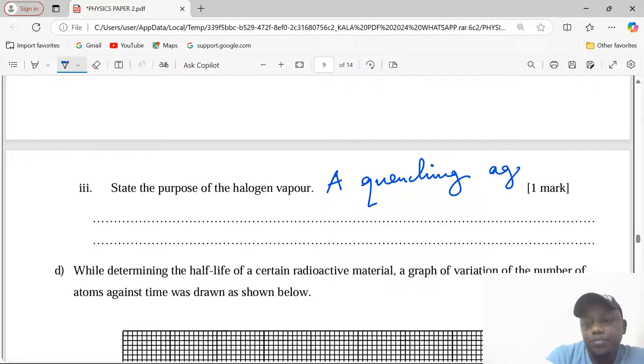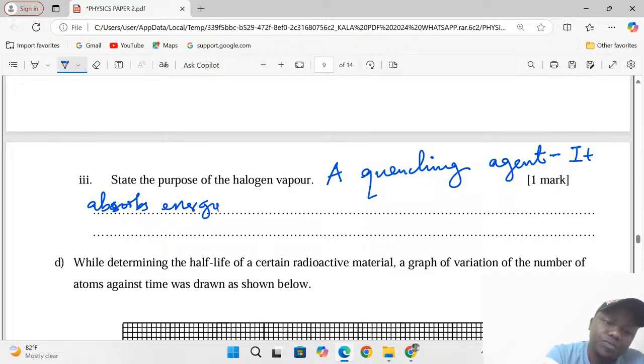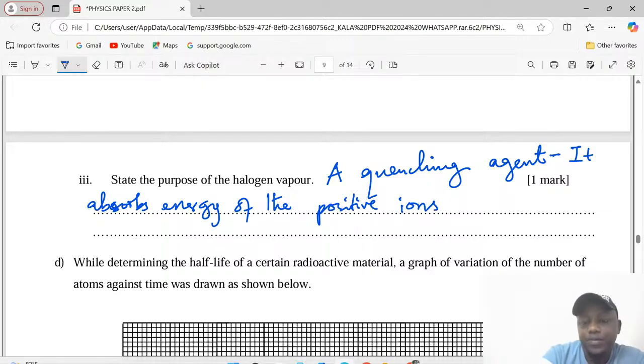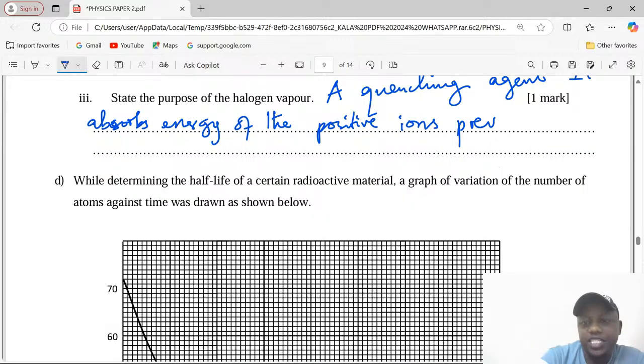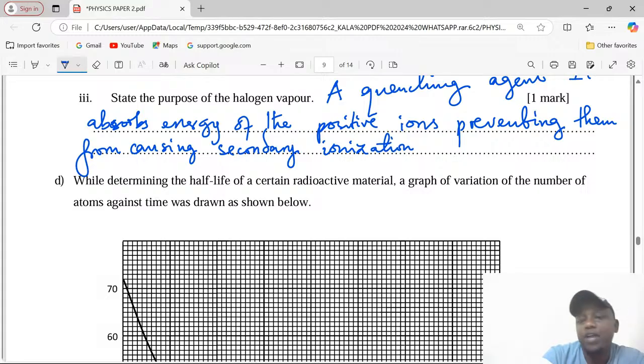In simpler terms, it absorbs the energy of the positive ions, preventing them from causing secondary ionization, which might lead to